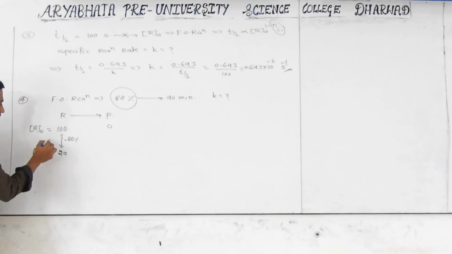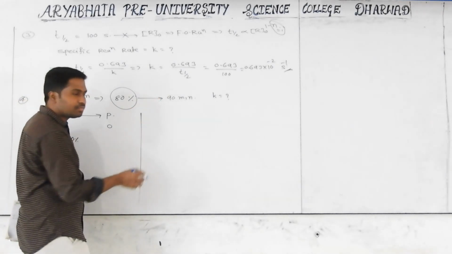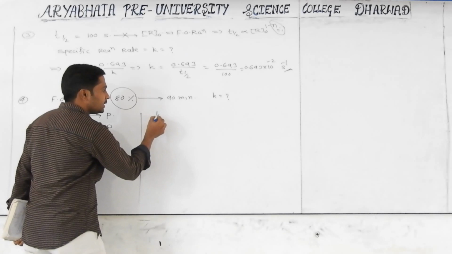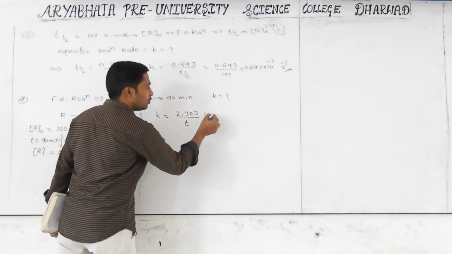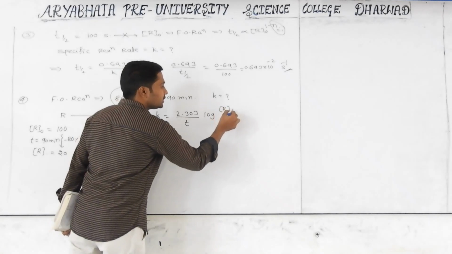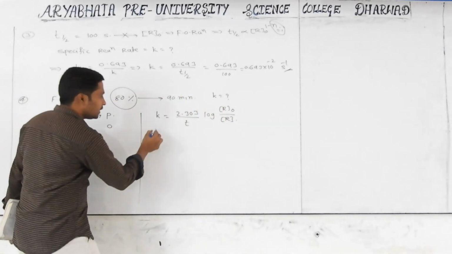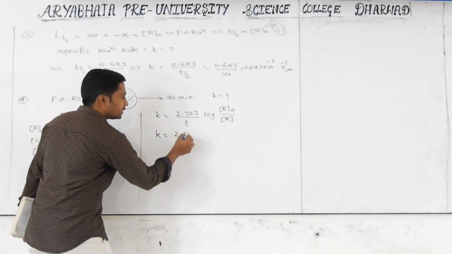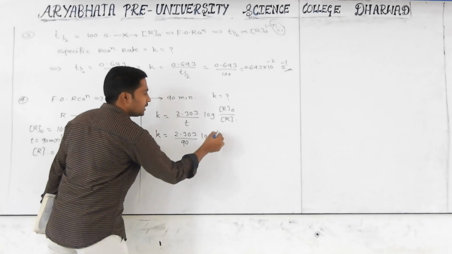For this, how much time do they have? 80 minutes or 90 minutes? 90 minutes. That is nothing but the time. Over. We can get it. Once you see, what is the integrated rate equation for the first order? K equals 2.303 by t into log of initial concentration by final concentration of reactant. Over. K equals 2.303 by the time interval 90 into log, initially 100.